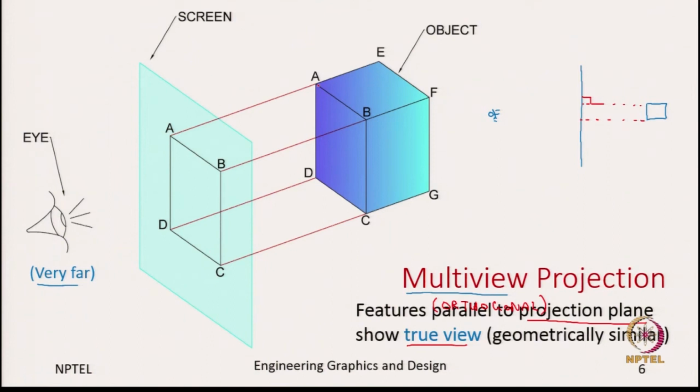Similarly, let us focus on this line segment AB. Even line segment AB is parallel to the projection plane. Since it is parallel to the projection plane, you will exactly have the same length even on the projection plane. So, now what is happening is we are able to capture the true length of the object in these multi-view projections. So, we made two assumptions here, right, saying that the observer is very far from the object,